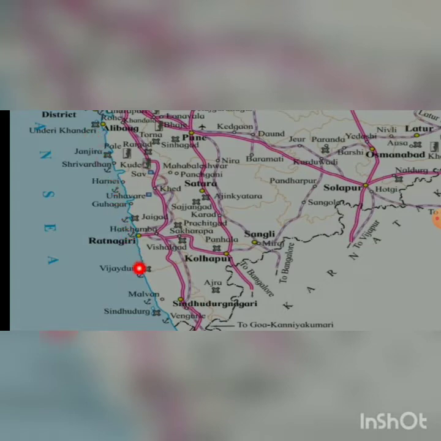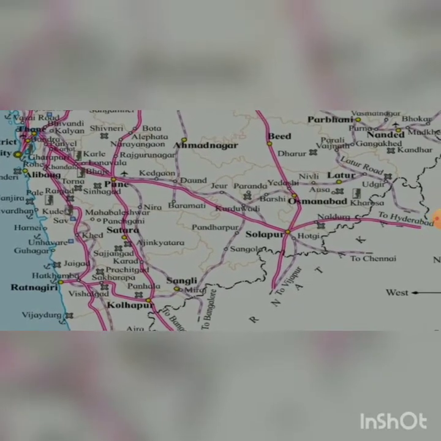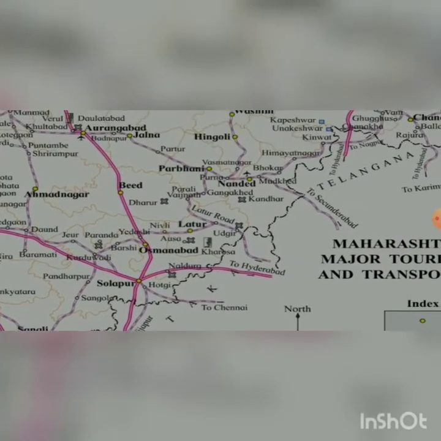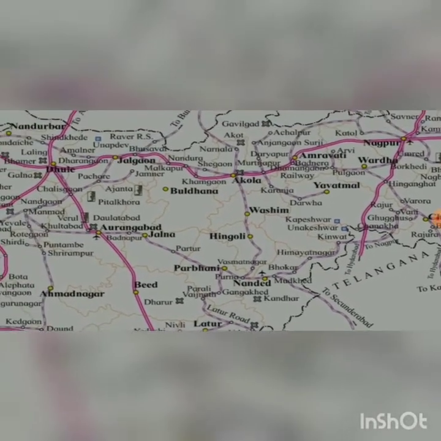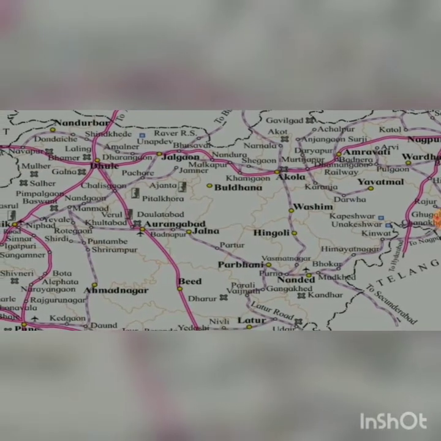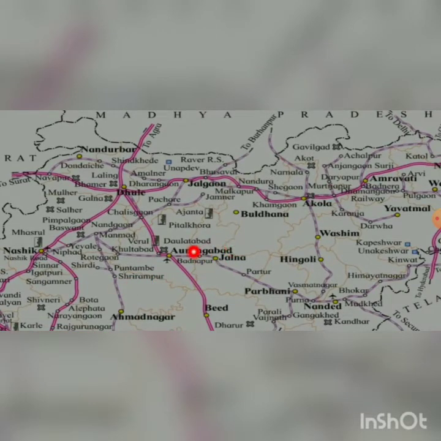Now as we go towards the south, the neighboring states are Karnataka and Telangana. Okay. Then you have to the south only the Hingoli district. Then you have Parbhani, you have Beed, Aurangabad, and you can see all the pink lines. The dark pink lines are showing you the national highway, right? And these national highways meet at a point also.